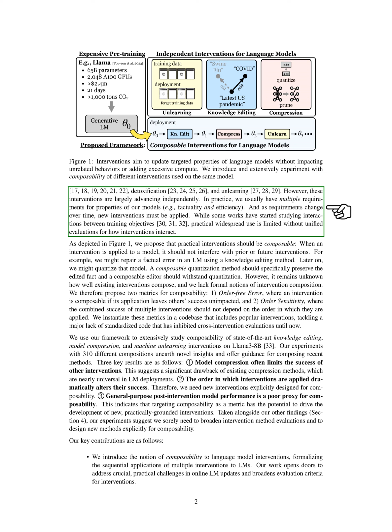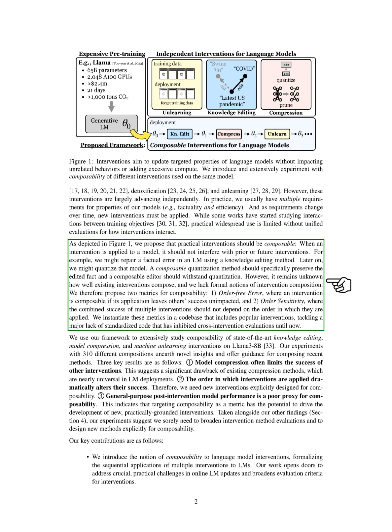We propose that interventions should be composable, meaning they can work together without interfering with each other. For instance, fixing a factual error in an LM should not be affected by later optimizations like model compression. We introduce two metrics to measure composability. Order-free error assesses if an intervention's success impacts others, while order sensitivity checks if the order of applying interventions affects